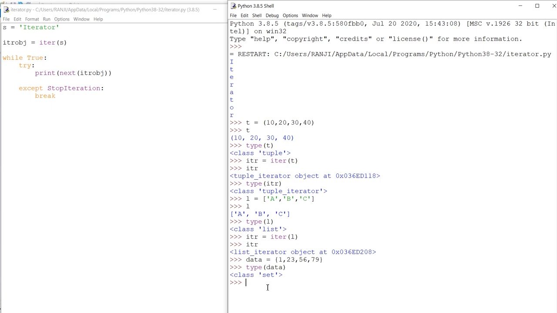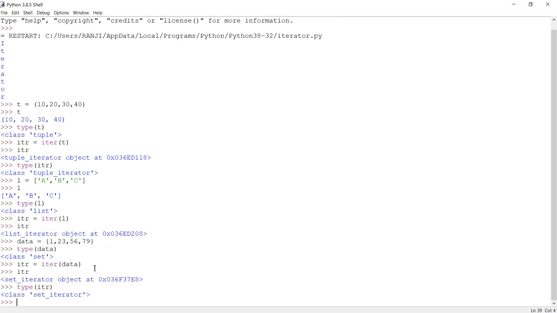And what I do is now itr object, and inside iter I'll just write data, and itr is a set iterator, and type of this itr is a set iterator. So everything is stored at different memory addresses.